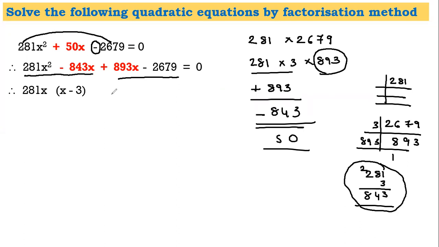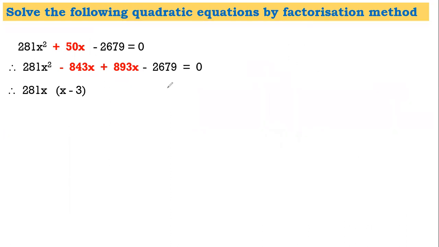We know here it will be x minus 3 again. There is 1 here and there is 893 here. So definitely the entire 893 would have been common. Now this is how you can be smart in finding out the common for the second bracket in all the sums. But you have to be very careful. The chances of you going wrong is also very high if you follow this.